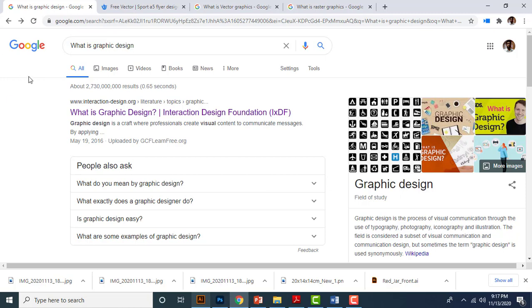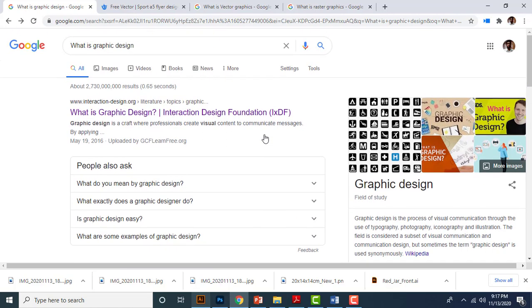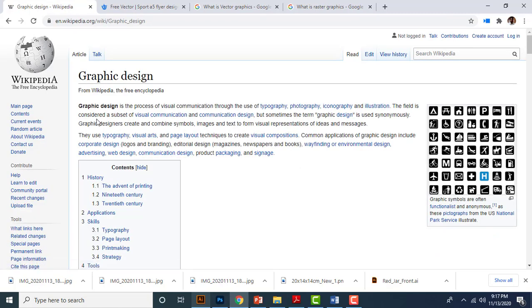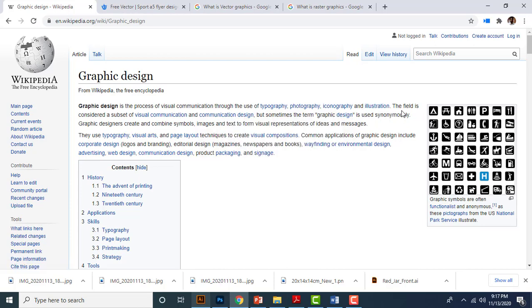Simply, if you toggle to the Google search bar and type in "what is graphic design," you can find so many results related to that. Okay, so if I toggle to Wikipedia, let's see what they tell. Here it says graphic design is the process of visual communication through the use of typography, photography, iconography and illustrations. The field is considered a subset of visual communication and communication design, but sometimes the term graphic design is